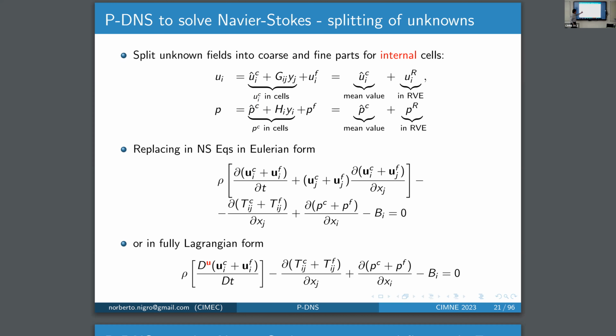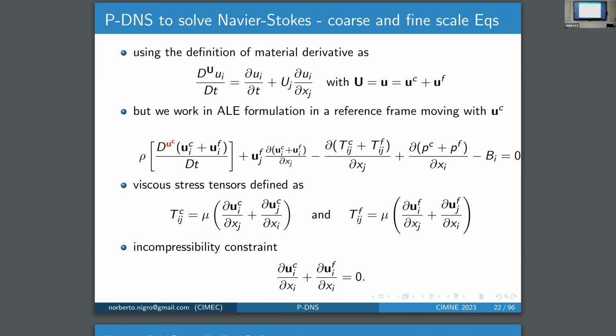And when you replace this in the Navier-Stokes equation, the equation looks like here. This is in the Eulerian framework, and this is in the Lagrangian framework, where we use the U value. U value is the total velocity. So I have a problem, because I don't know which is the whole problem in